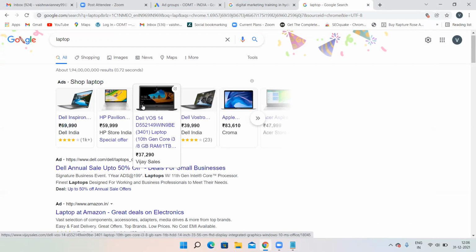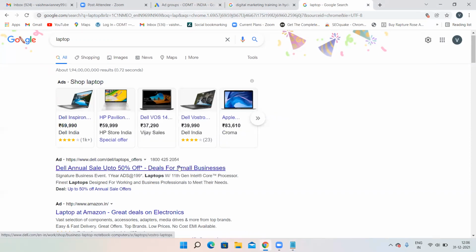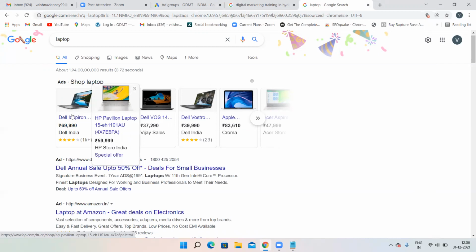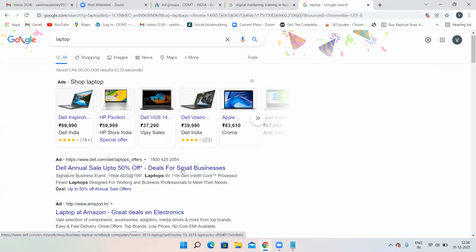That is the reason small scale and medium scale e-commerce companies, not service oriented ones, should not go for search network. Go for shopping networks only. People with big budgets like Dell will obviously have a good amount of money, so they'll go for search also. Then how does the targeting happen in shopping networks?